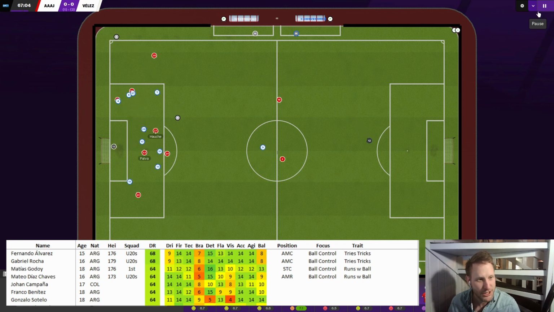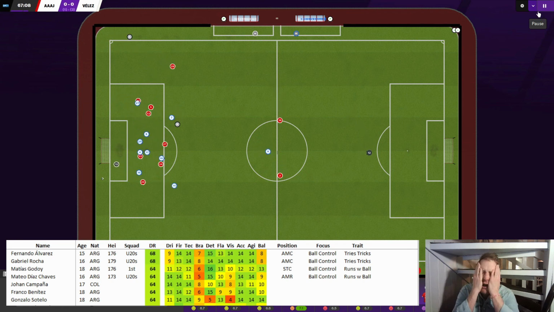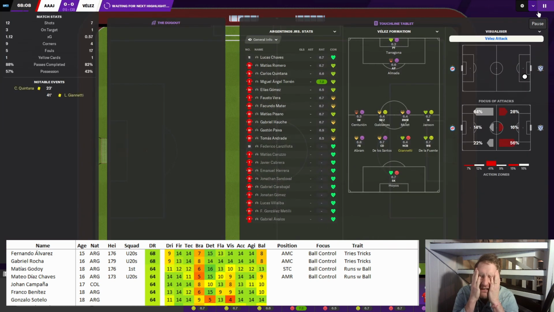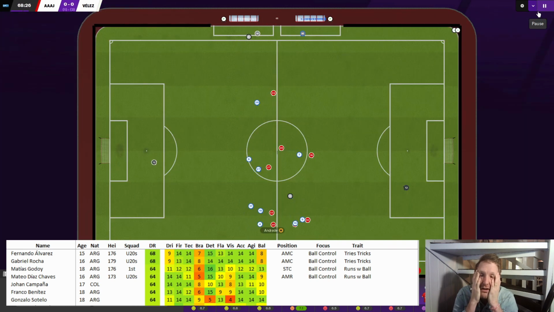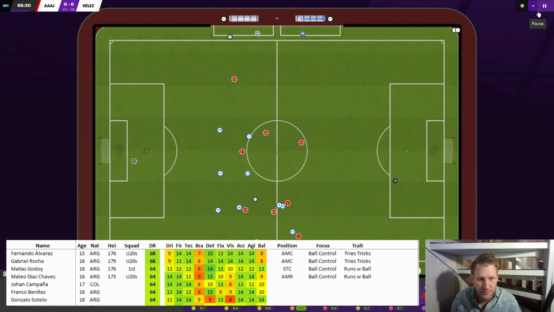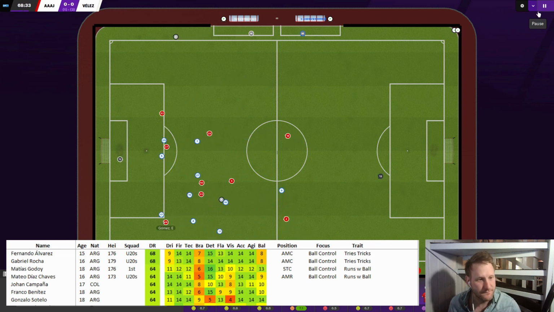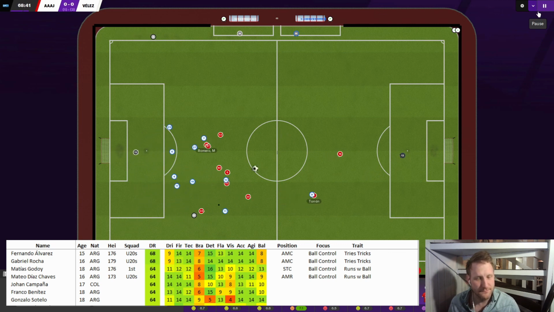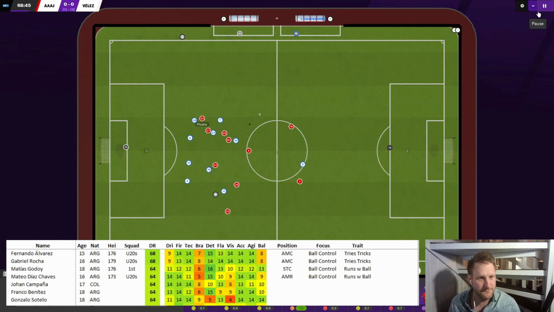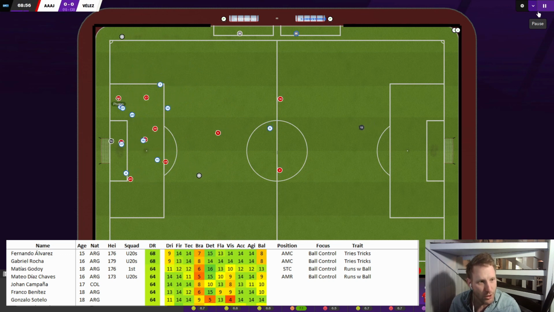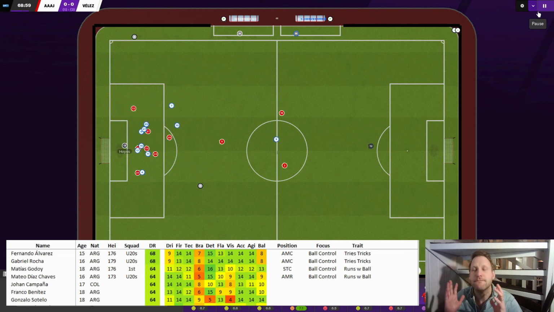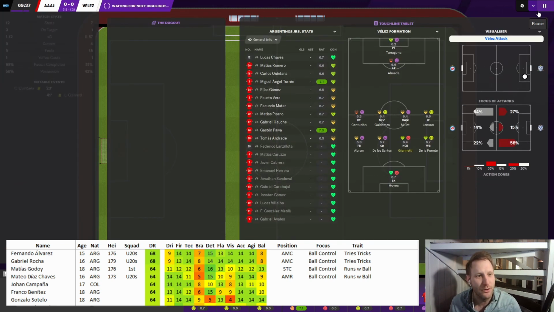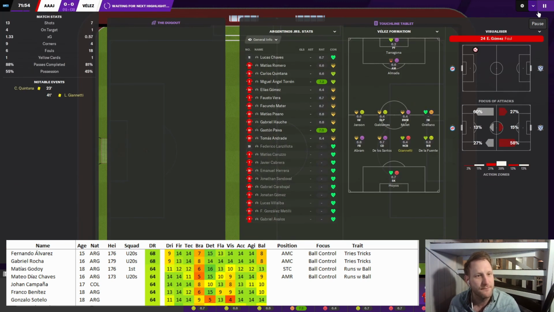Romero. What now? How? No, we are not allowed to miss that sort of sitter if we're going to win this one. Crap. Now what? Quintana. How? Beat your man, little boy. Now what? How can we not score? How can we not be winning this?